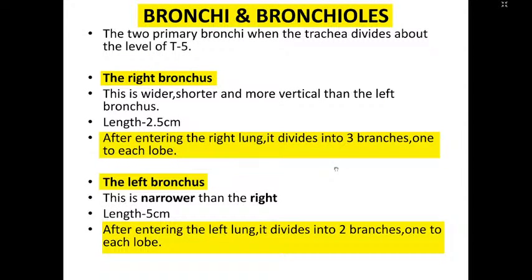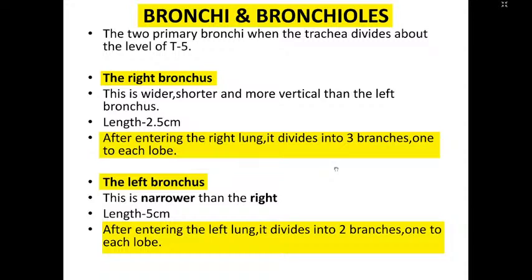Okay, so till now: external nares, nasal cavity, pharynx, nasopharynx, oropharynx, laryngopharynx. Pharynx is continuous with the esophagus. Anteriorly, there is a larynx with various cartilages. Then the trachea starts, in the neck. Superiorly, there is the thyroid gland anterior to it, and inferiorly, anterior to the trachea, there is the sternum and root of aorta.